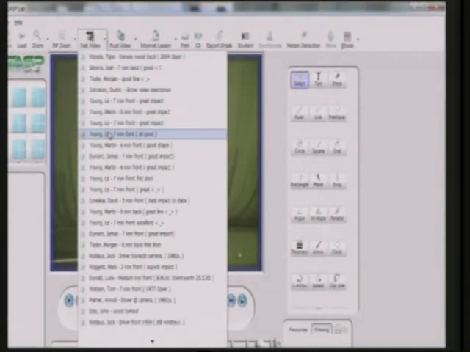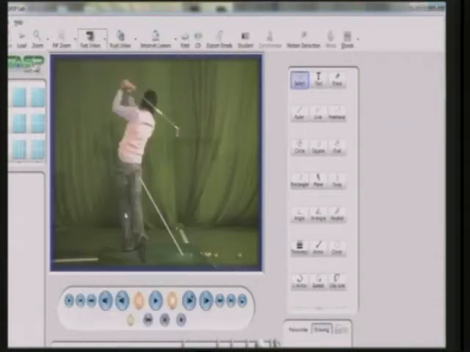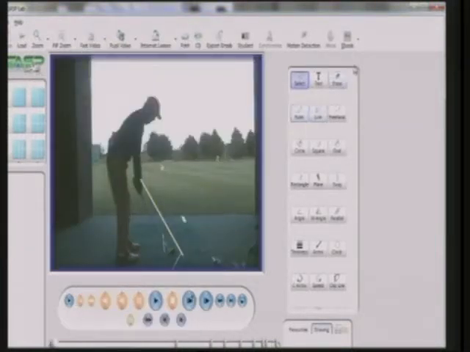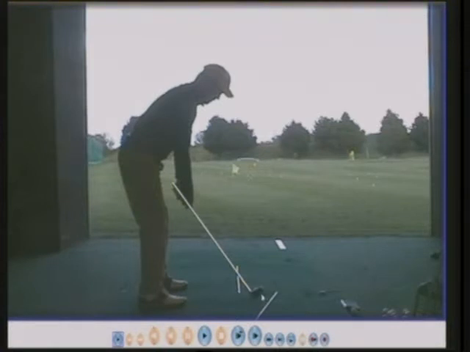And another of my pupils, Martin Young, he got down to +4. This is in my studio, and the doors are open on this day, and we can see down the range. So again, toe clearly in the air, white line on the shaft,